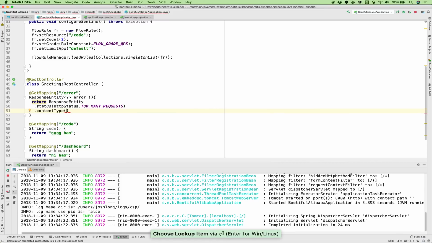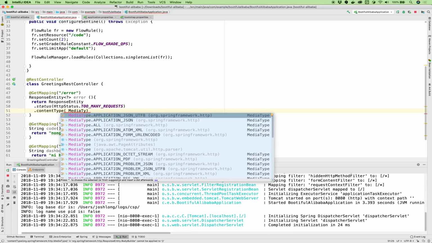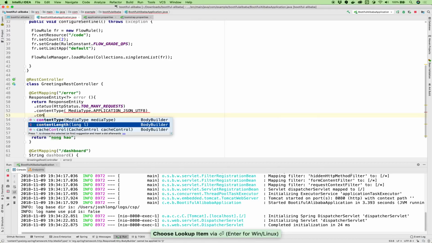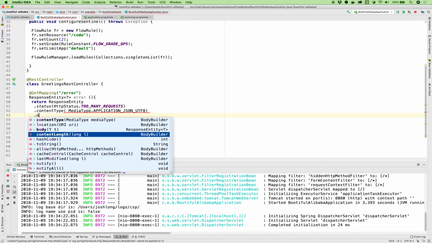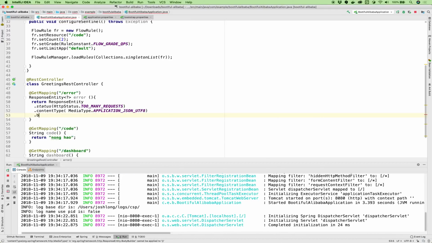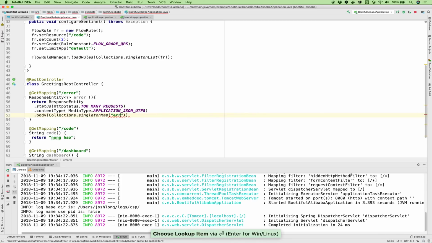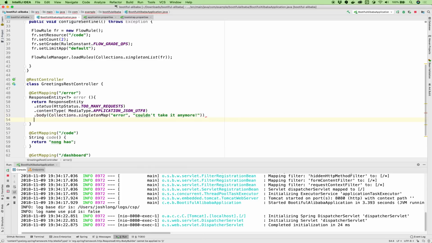Dot content type is what do we want this to be? We want it to be media type application JSON dot value dot content. Body will be collections dot singleton map error couldn't take it anymore. Okay, and then send that back.